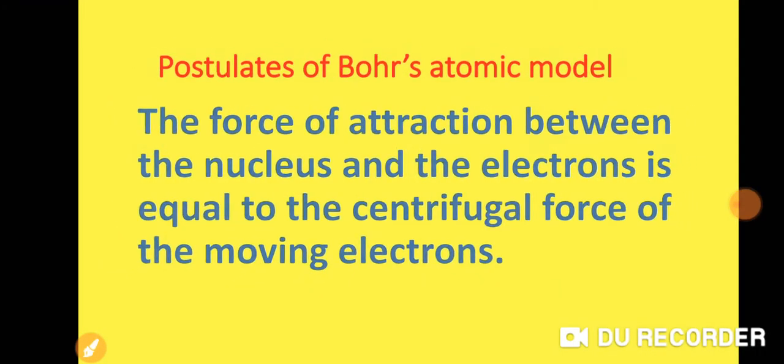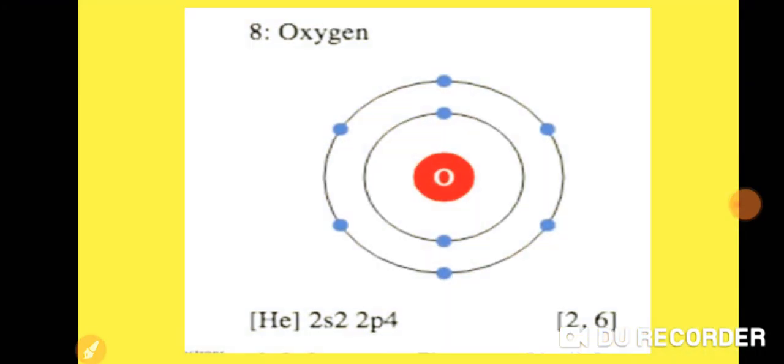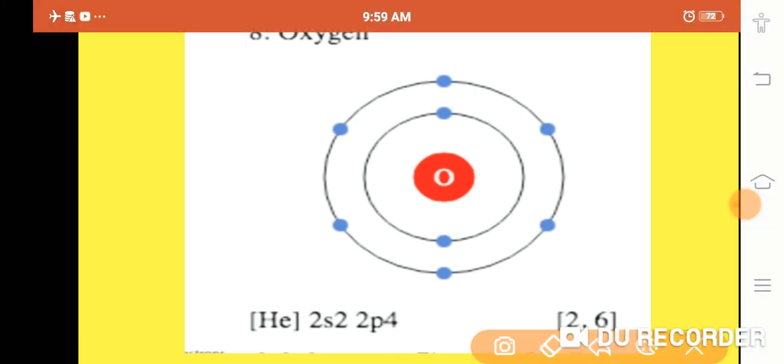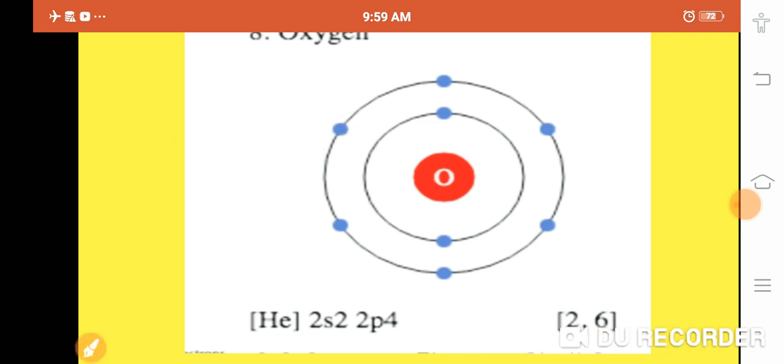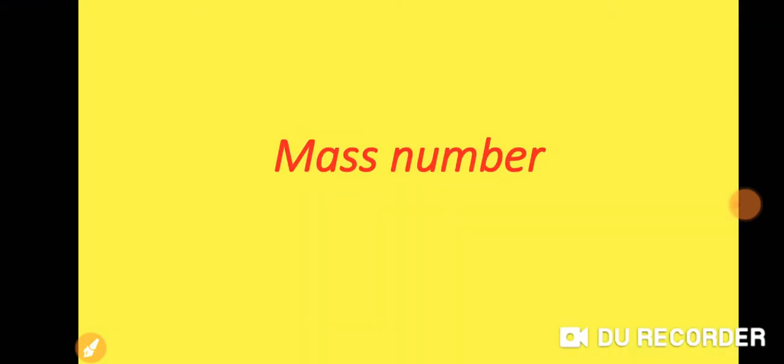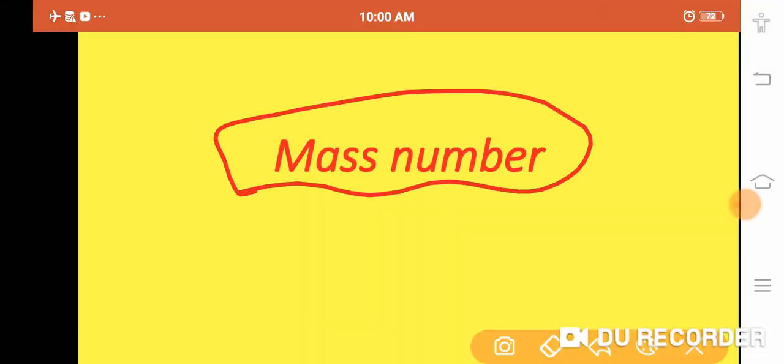Now see, one more example I have taken. I am giving it in the form of the electronic configuration of the oxygen atom. In the same chapter you have to learn about it. Oxygen has atomic number 8. If we discuss the K shell and L shell, in the K shell the maximum is 2 electrons, so the remaining 6 electrons will enter the L shell. Understood, my dear?